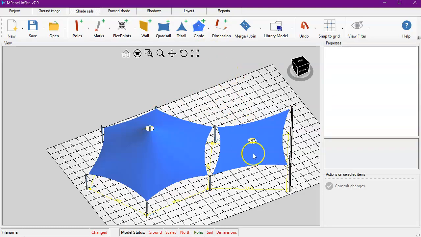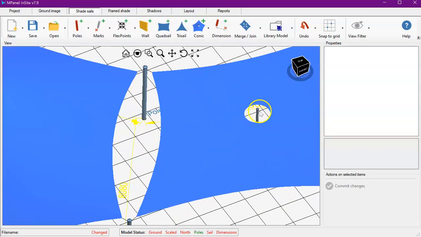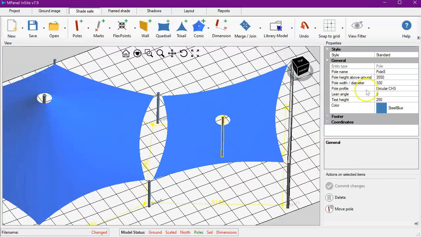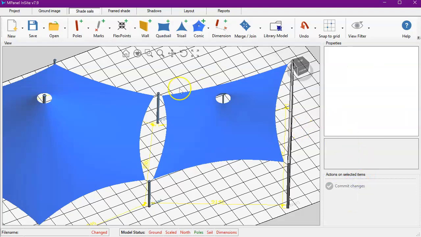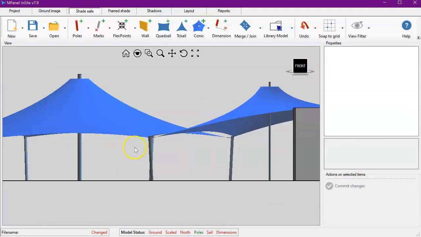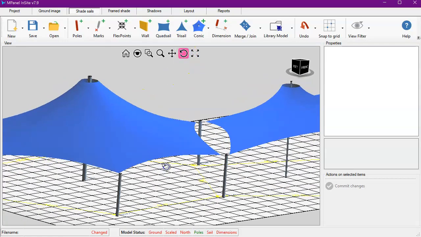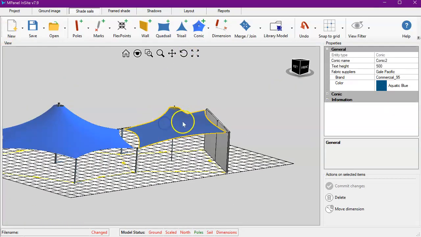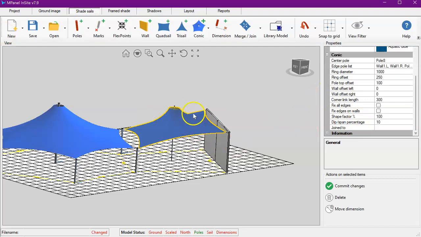Now once again, the center pole is still the same height as the poles before, so we'll once again make this a taller pole. Let's look at this from front view. Now we have the option to connect a conic to where there is a wall as part of the conic structure. We can actually adjust the wall offsets, so the left part of the wall and the right part of the wall. So if I were to make this 300 millimeters,